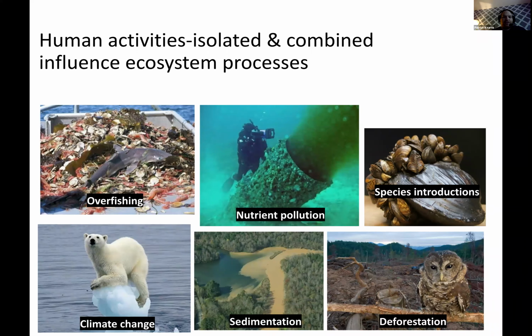So we have overfishing, taking too much fish, or sometimes taking too much incidental fish from the ocean. Nutrient pollution via septic tanks and wastewater. You could also think of pollution generally, like chemicals, oil spills, things like that. Species introduction, so introducing species to an area that they never existed in before. Here in Massachusetts, we have a bunch of those. We have grasses, we have plants, we have the Asian longhorn beetle. We have all sorts of crazy species introductions here in Massachusetts.